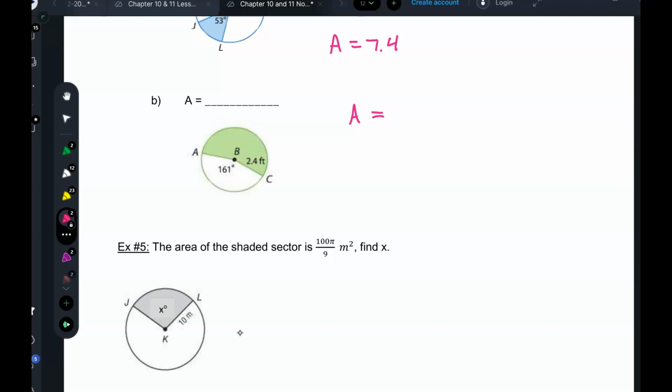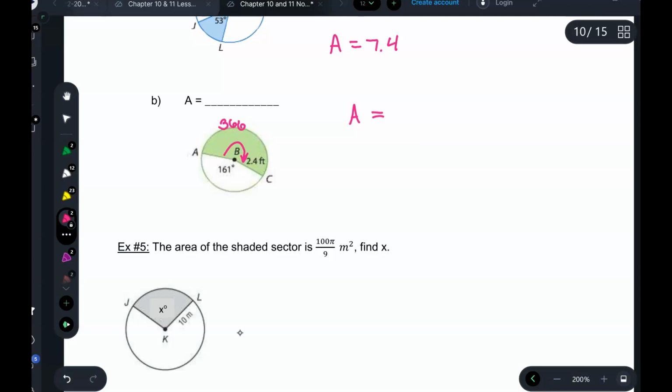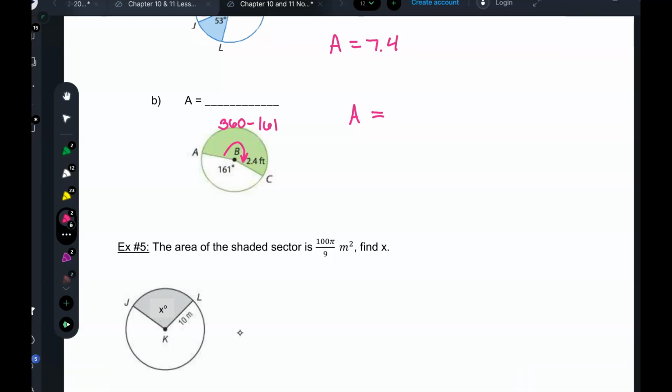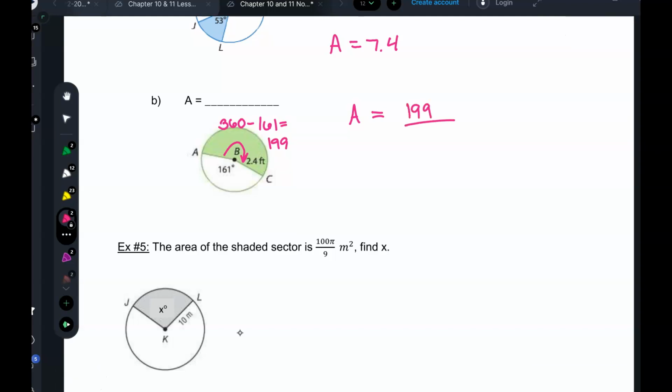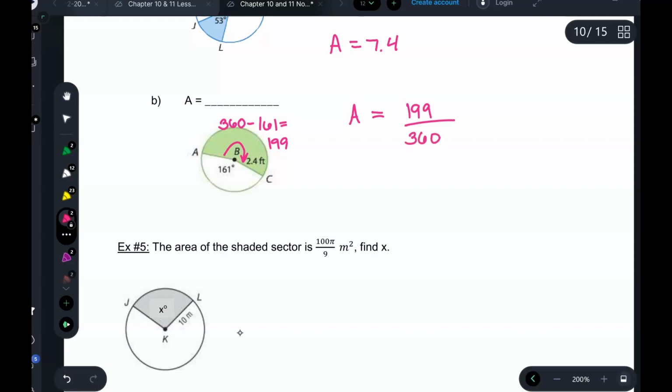So I want to find the shaded part here. If this is 161, how do I find what's left over? You have to do the other one, right? So what's 360 minus 161? What do we got? 199. Okay, so I want 199 over 360 times